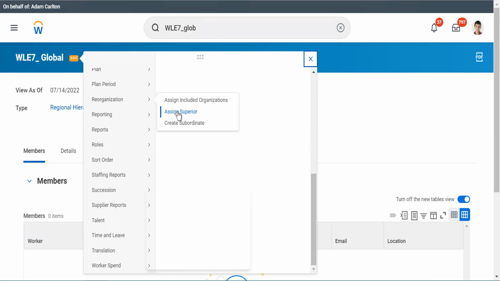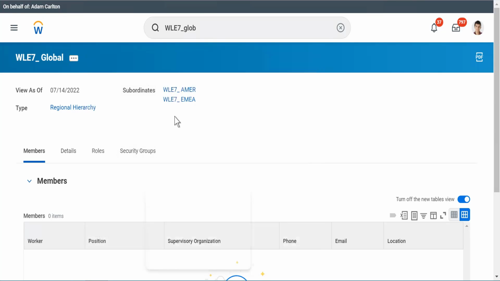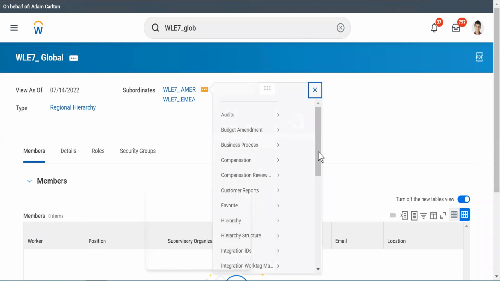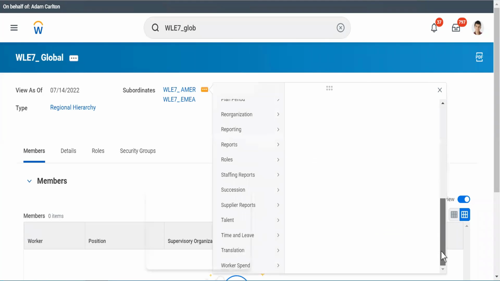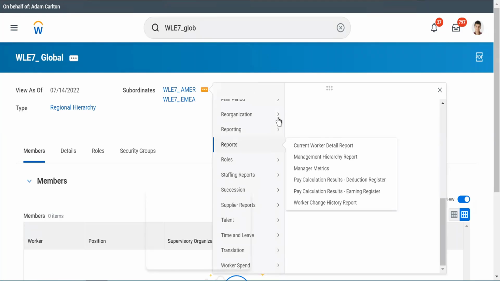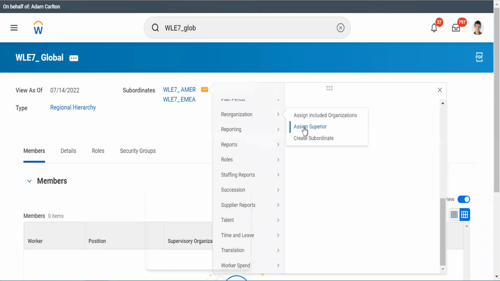If you want this to be your hierarchy, or let's say I want something below this, I can go ahead and click on actions, do the same thing, and assign superior here.